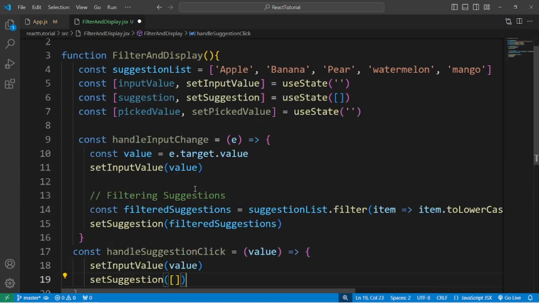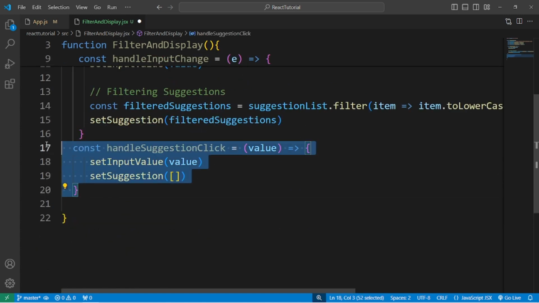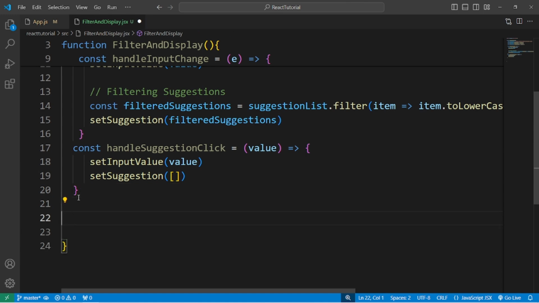So kind of like getting it back to its state over here. So that's kind of like it. And that's pretty much about handle suggestion click, and it's one of the shortest ones. It's like the top shortest one. And the next thing, or basically our next method or function, is going to be, let's see,